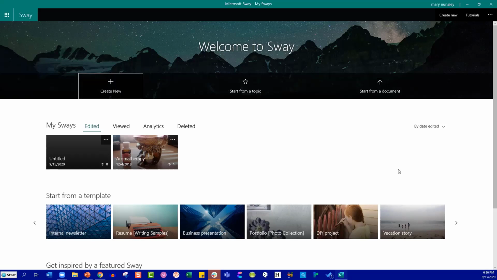You can access Sway one of 2 ways. You can go to the Microsoft App Store and download the free version of Sway, or if you go to your favorite search engine and type in Microsoft Sway, if you're logged into your Microsoft account, you can also do it as a web-based version. So some people prefer to work on the web. I prefer to have it on my computer just because that's where I do a lot of work, but you can access it one of 2 ways.